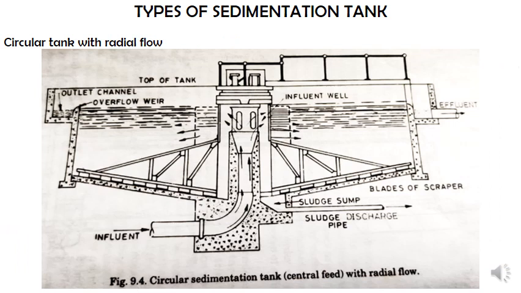Now this is the circular sedimentation tank. So here you can see the inflow is at the center and the outflow is in the periphery. So this is actually a section which you are seeing. So if I just draw the plan of this particular thing, it will be something like this. Okay, and so what will happen is this is its inlet. So the water will come in all the directions over here.